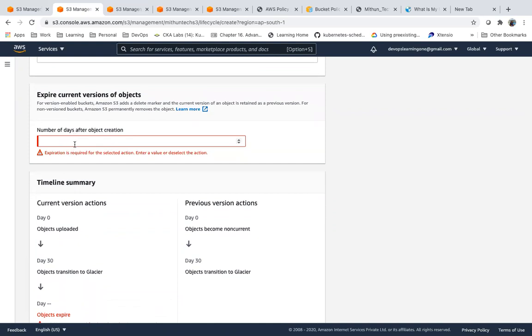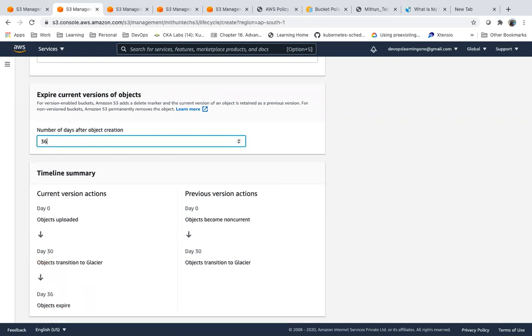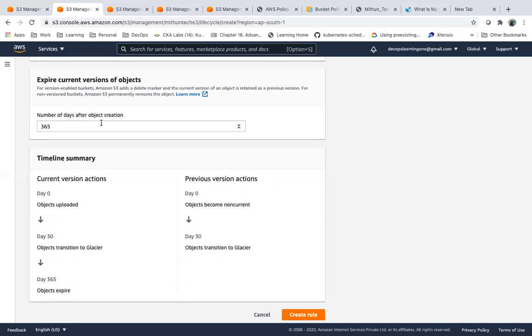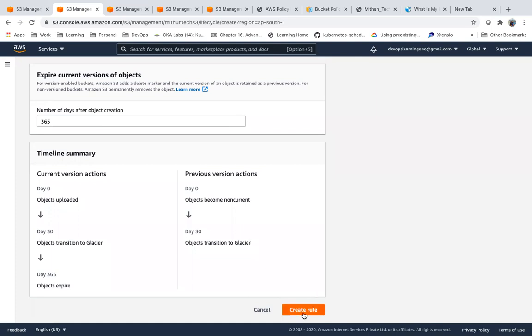If I say 365, it will delete the objects 365 days after creation. Suppose I have uploaded an object today, 365 days from now that object will be deleted permanently. So these are the rules which I can define, object lifecycle rules, so that AWS will manage.